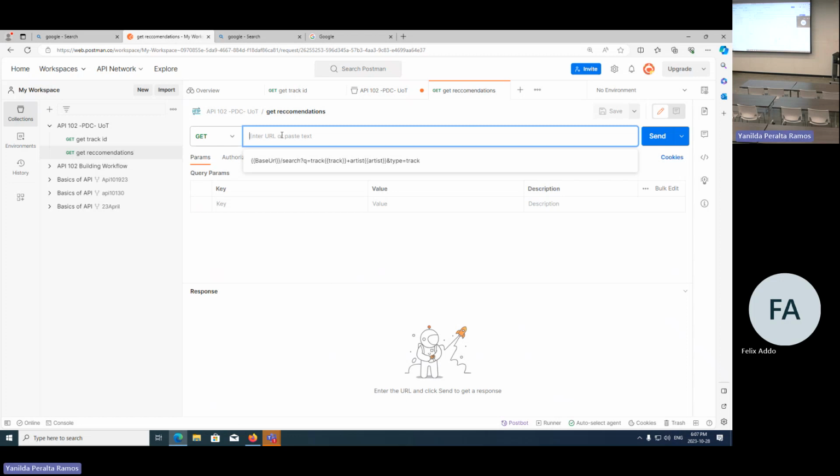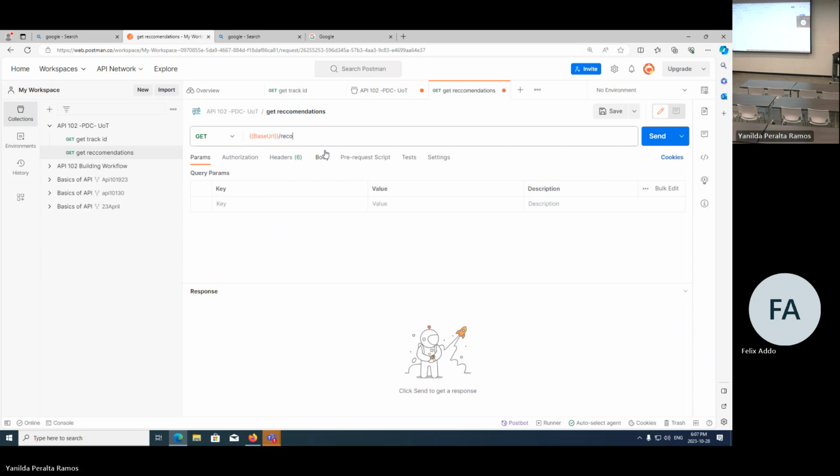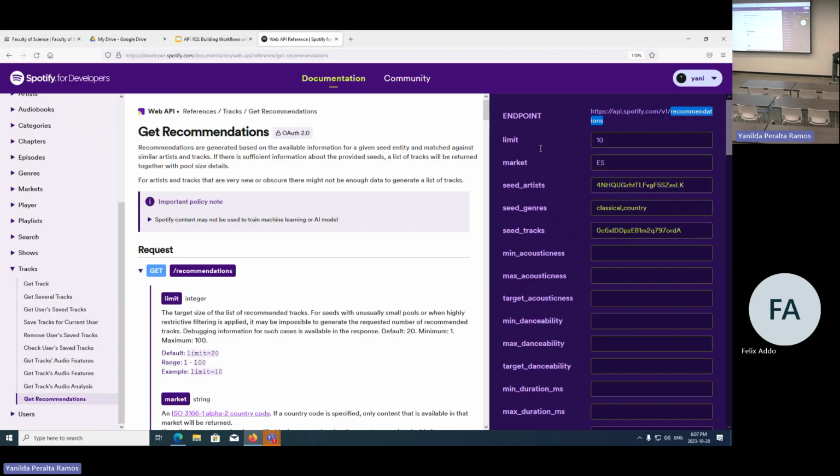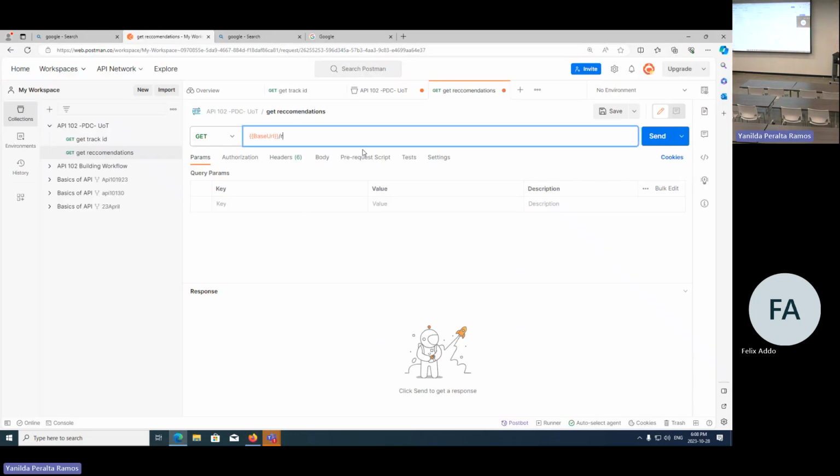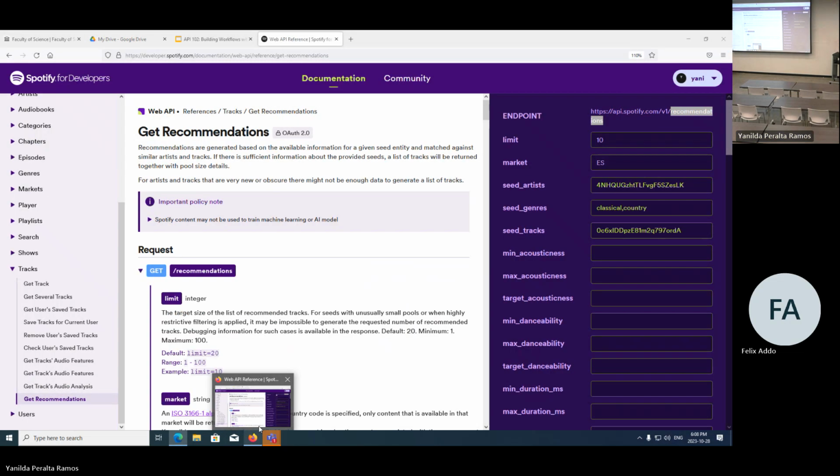And I want to use my base URL /recommendations. Let me just make sure I don't have a misspelling error. So I'm going to just paste it, recommendations. And in here, for the keys, if we already have the track ID, we need to provide the track ID, right? So in here,